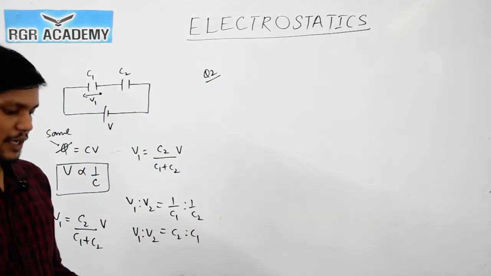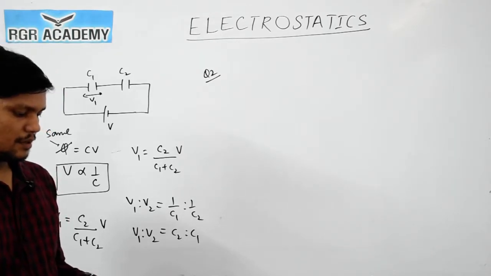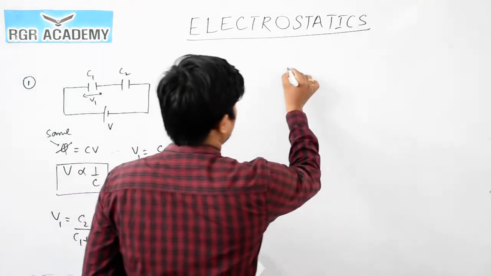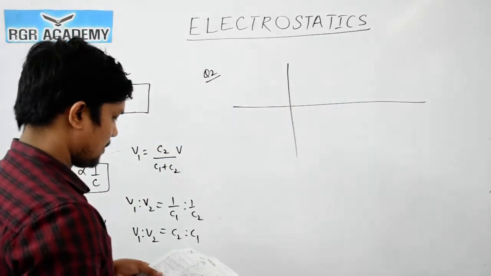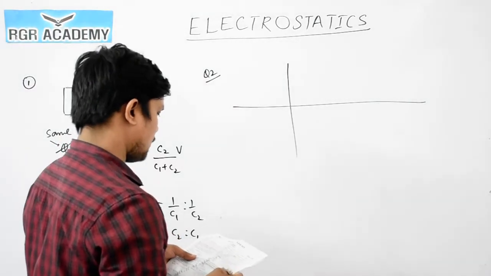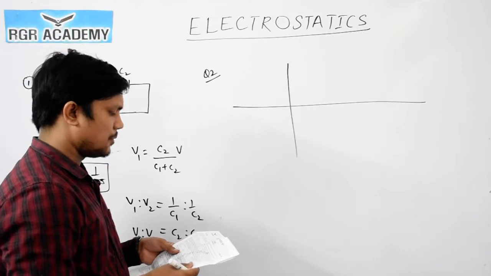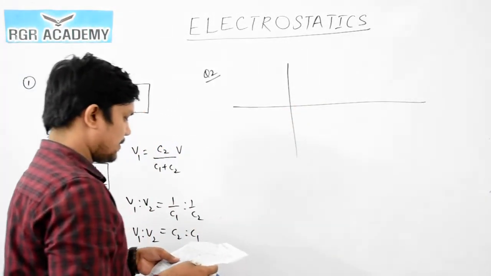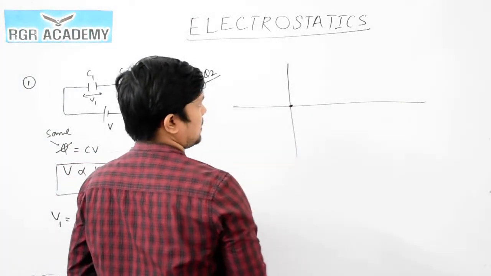An infinite number of electric charges, each of magnitude 9 nanocoulomb, are placed along the x-axis at x equals 1, x equals 2, like this. So an infinite number of charges are placed along the x-axis. In the setup, consecutive charges are of opposite nature. Then the electric field at x equals 0. They are asking the electric field at this point, x equals 0.